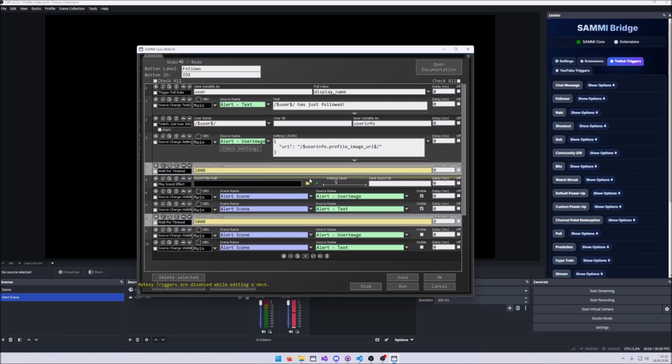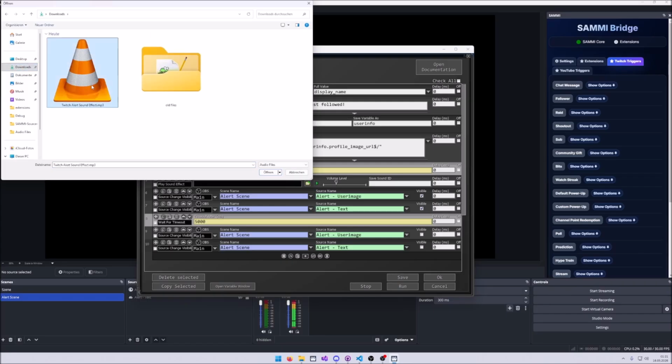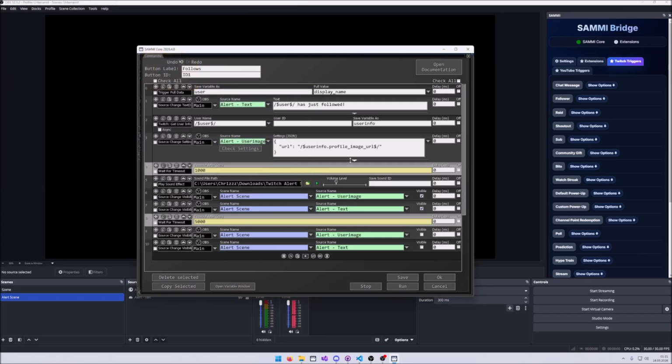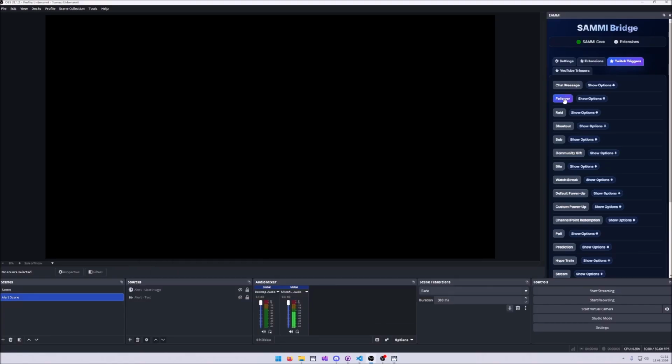The play sound effect command in the new SAMMI version allows you to play any kind of sounds. In this case, we use the Twitch alert sound effect. And let's make it not too loud for now. By adding this, it now also plays a sound here. So if we test it,